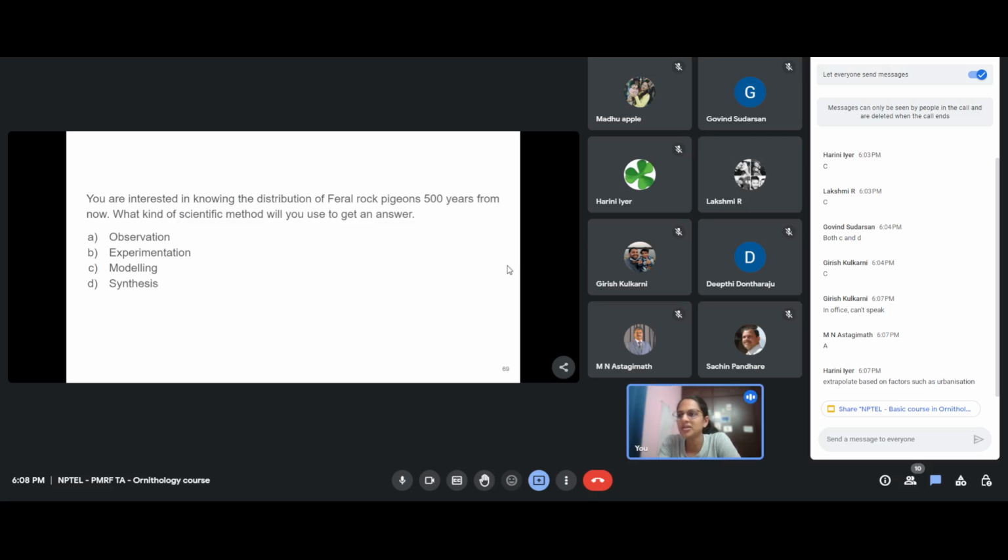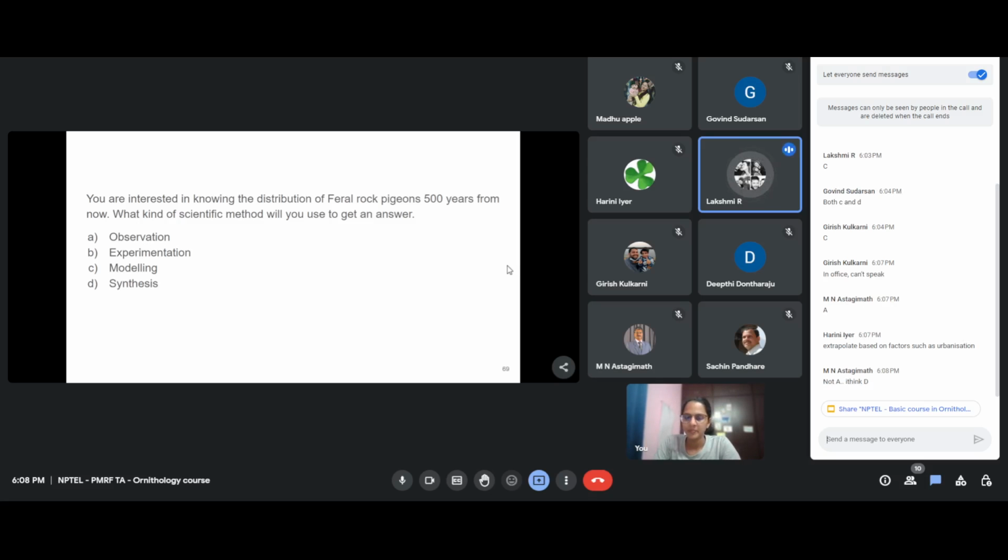I think Harini has brought up a very important point on urbanization. So I think that hits the nail on the head. That's what I meant. Extrapolating whatever we have at present, the extent to which it will change, we can only guess. Because it's half a millennia, it's a huge time. We can't guess for that. If it is for 5 years or 10 years, we can shortly say this much urbanization will take place, this much of changes will take place in nature. But it is half a millennia, so you can just guess only. And there is no space for guessing in science.